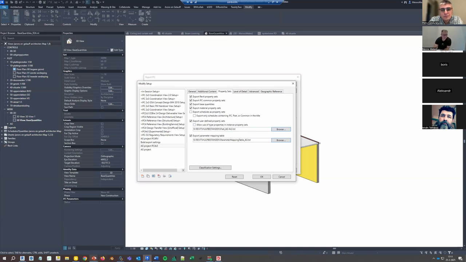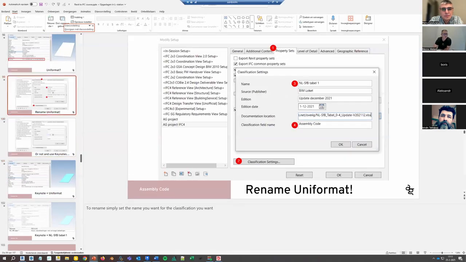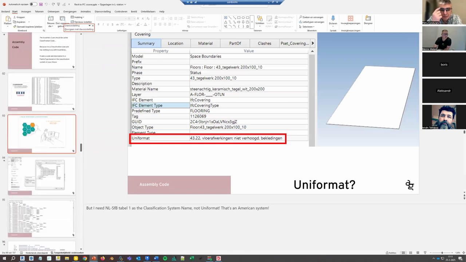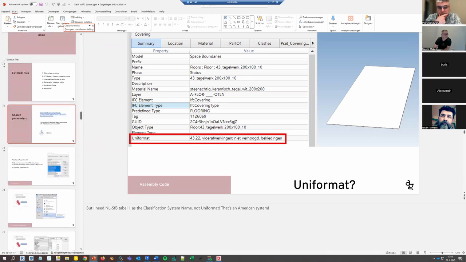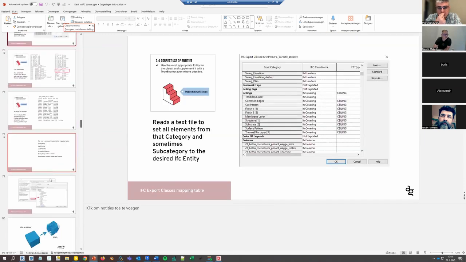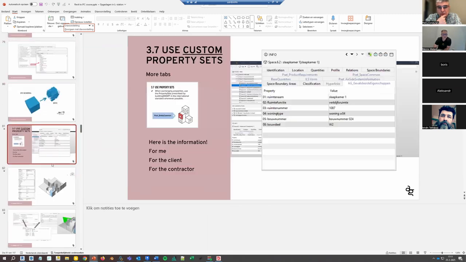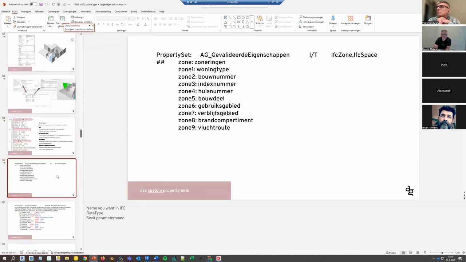Those are quite a few different things, and I can show you how that works somewhere in this big PowerPoint. Must be the, is it? Yeah, it is somewhere over here. Yeah, so basically this is one of those text files where you can add all the properties you want in a text file, but there is also the